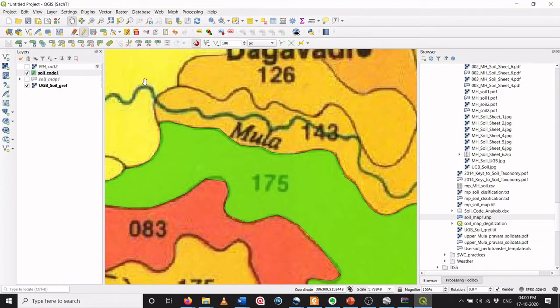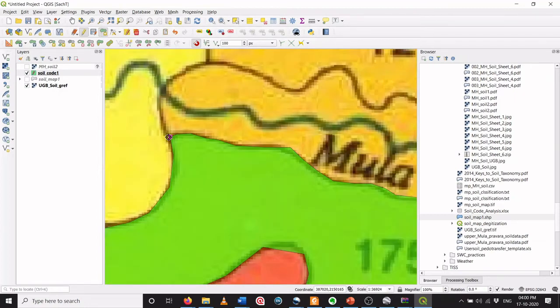So now I will again click add a feature and I will click over here. So you can see it is guiding me and it is already indicating the nearest vertex and the segments. Okay, so while digitizing I can just click on those easily.